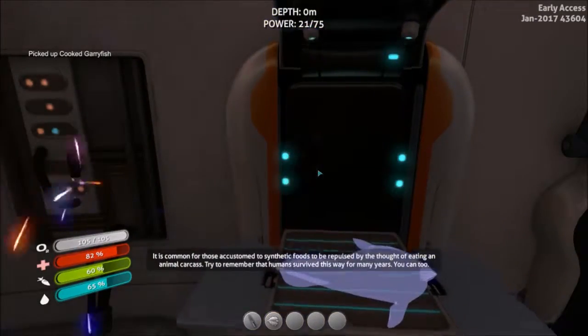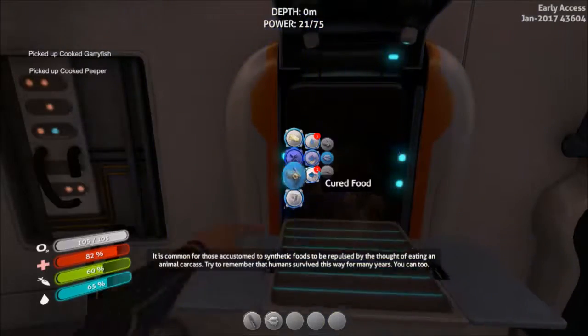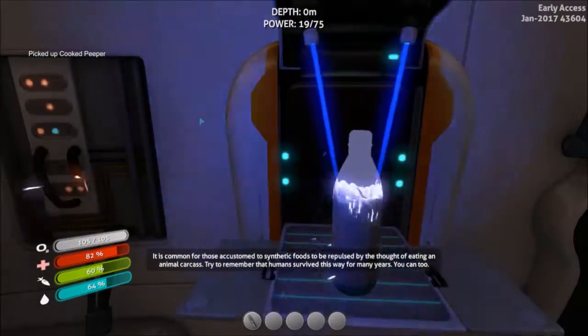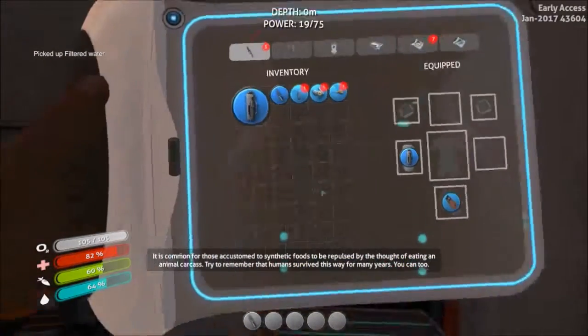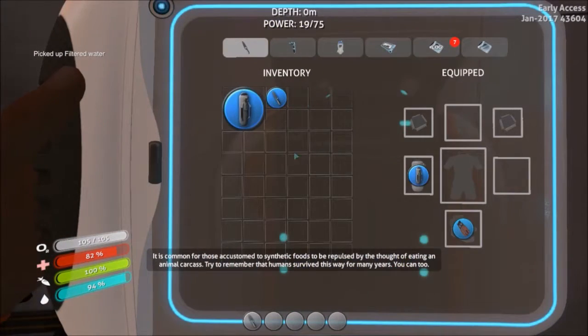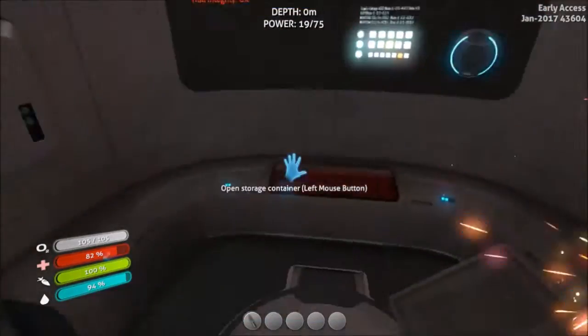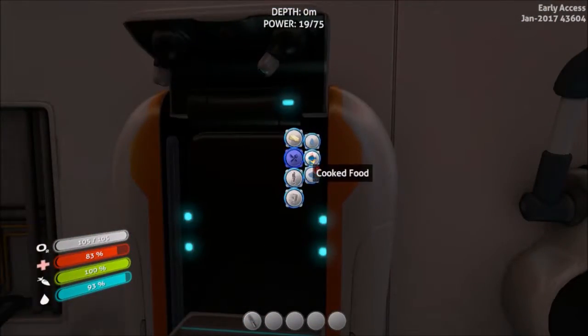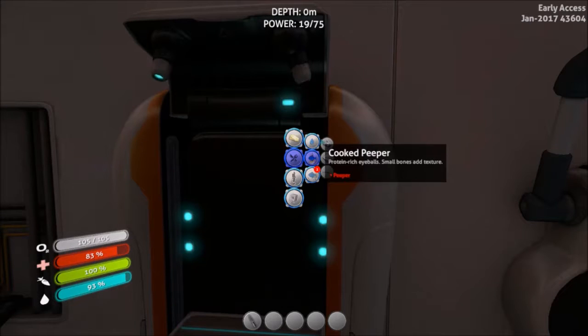And I'm going to cook the peeper. And then I'm going to turn the bladder fish into filtered water. And then I'm going to eat all of those at once. Now, something that isn't pointed out, but is good to know, especially early on, is that cooked food will rot